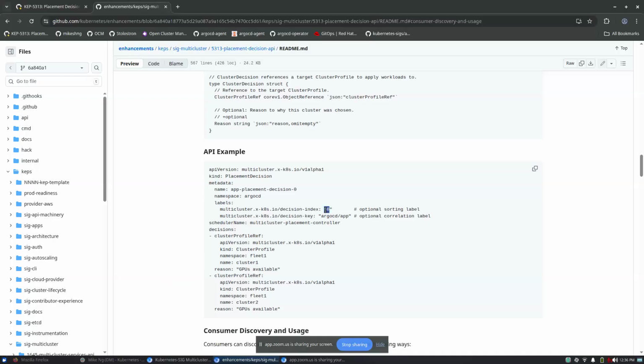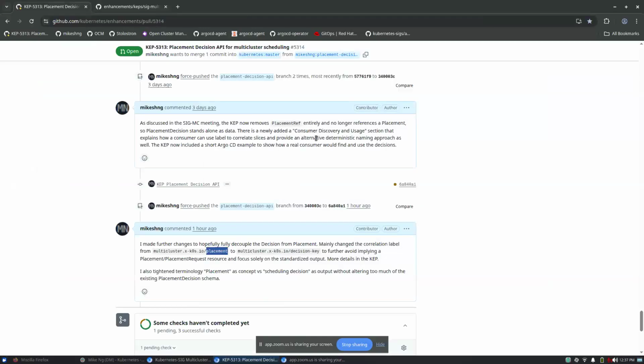The index is for when you have over 100 decisions, it becomes slices, like the endpoint slice. And the key is what all the decisions should have, so that if you have multiple of these decisions, the consumer can look up on the key and get the target clusters.